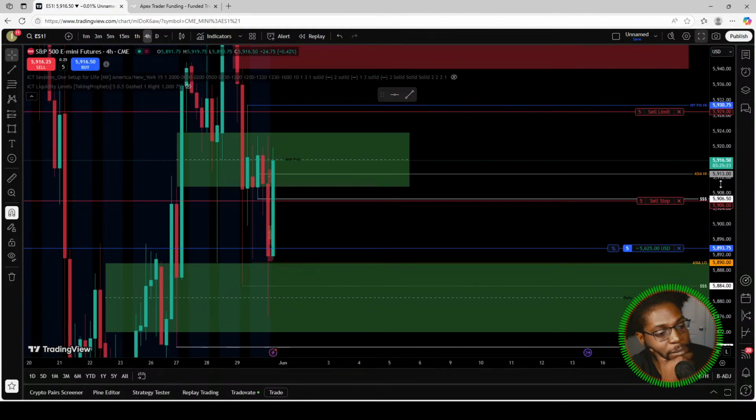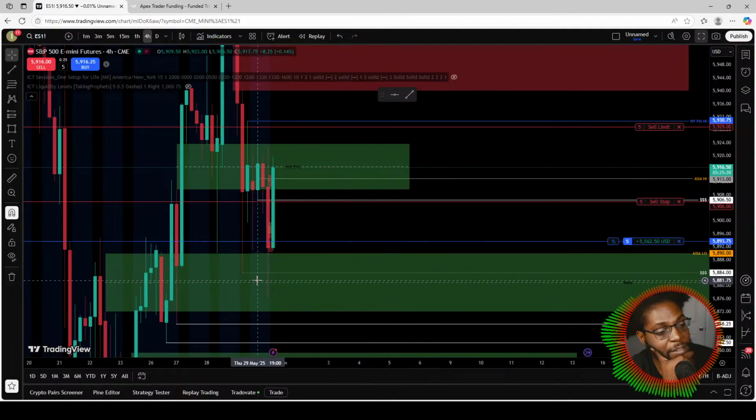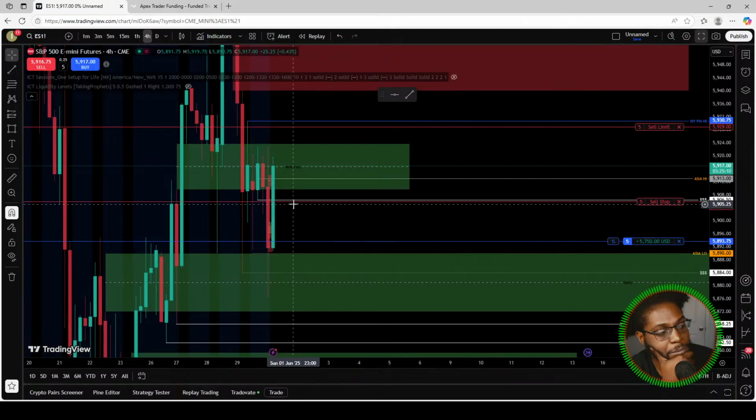Disrespected, and we tapped into this daily fair value gap. That's where you see this candle. That happened this morning. Then around 7 or something, we started getting a rejection from it. So yeah, I would still like to see